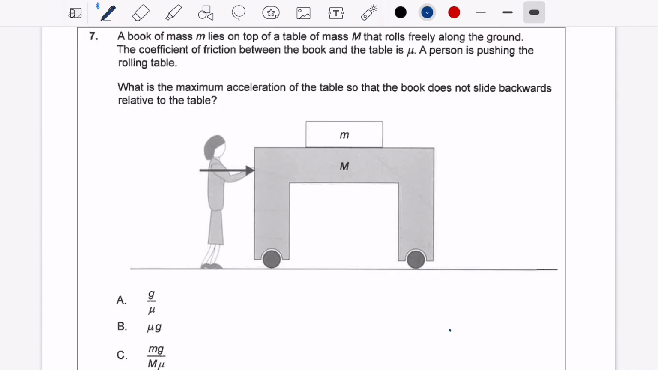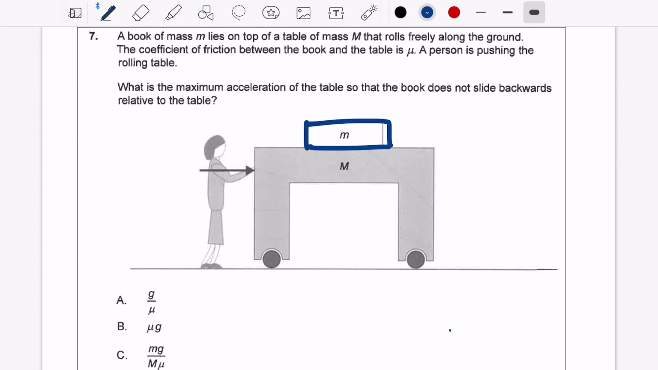They say there's a book on a table. The table is able to roll along the floor. Now we don't want this book to slide on the table while the table is accelerating. So what does this mean? It means